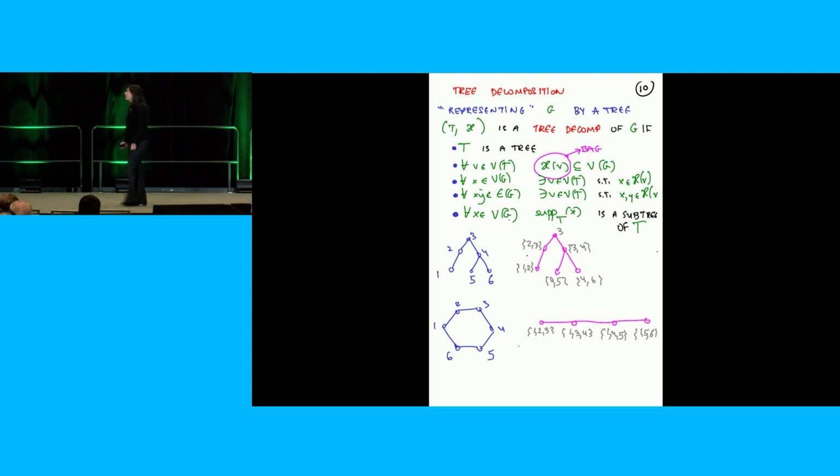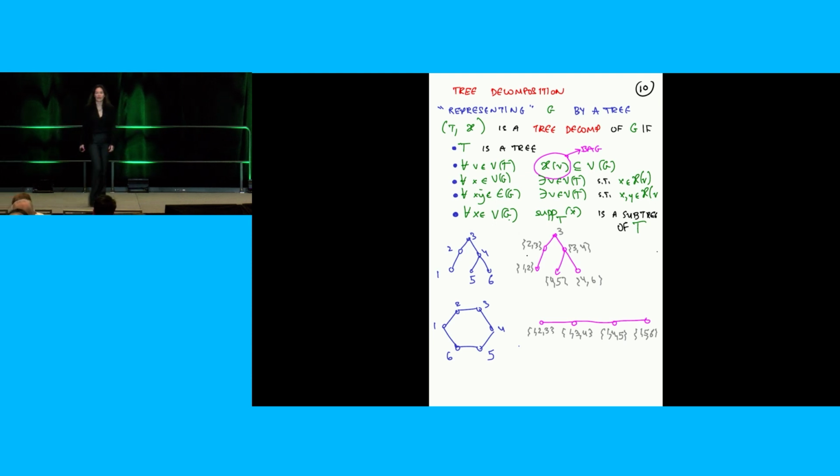OK, so what happened here? Something improved. I had a cycle, and now I represent this as a tree, which in my world is an improvement. It was a 6-vertex cycle, and now bags have size 3, so that arguably is not such a great achievement. But notice we could have done the same thing to a cycle of length 1 million. So here we really gained something with this representation. We took a graph which was more complicated than a tree, and we represented it with a tree.